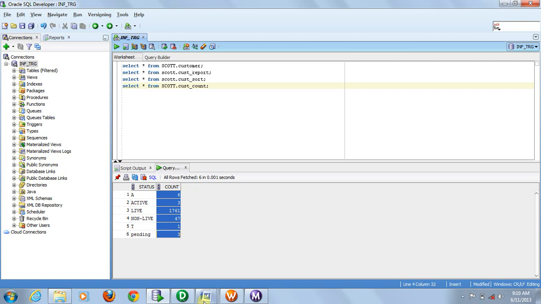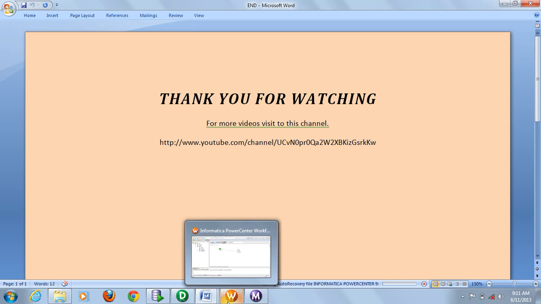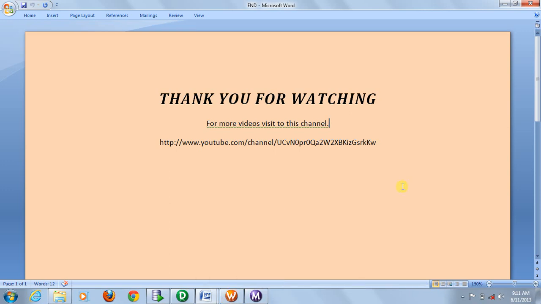So this is the overall aggregation transformation, and you can use aggregation transformation in many cases to make a record distinct, take different counts, etc.